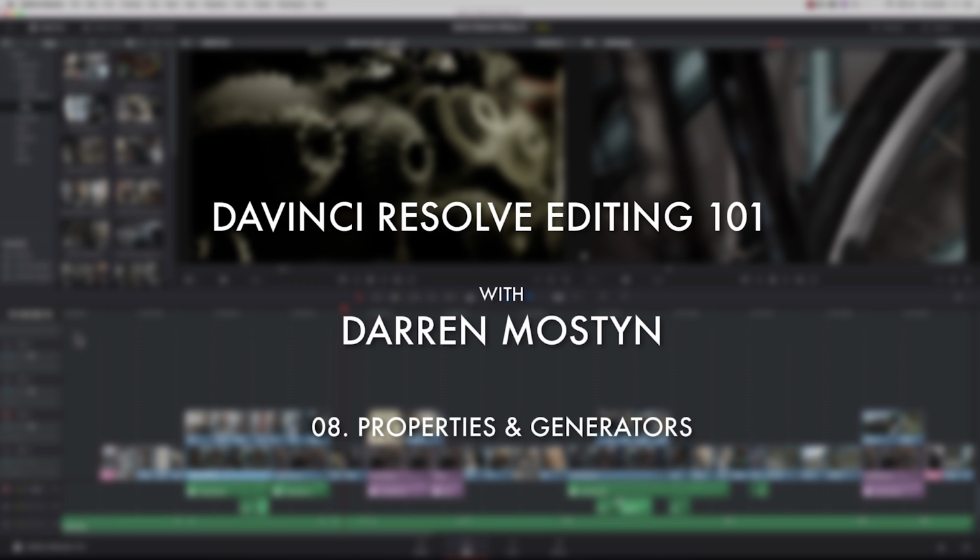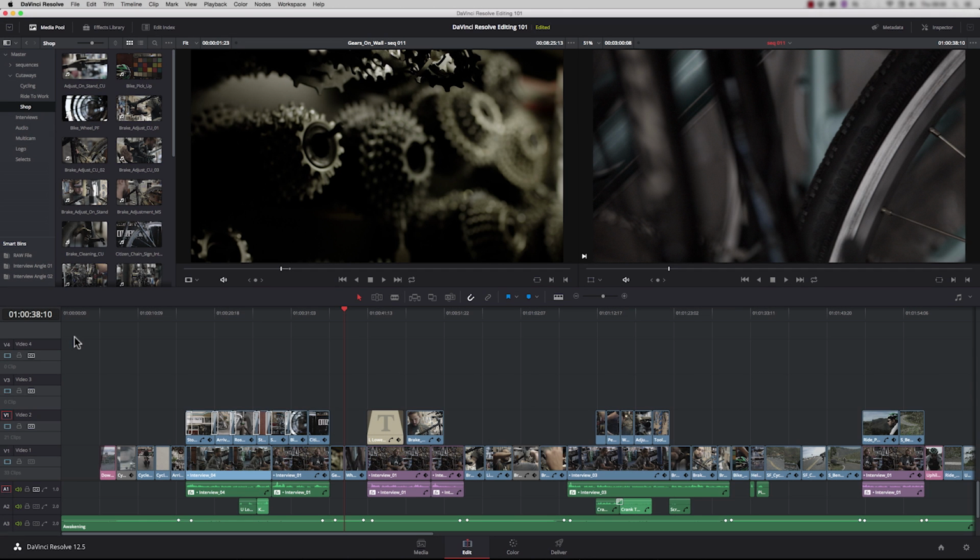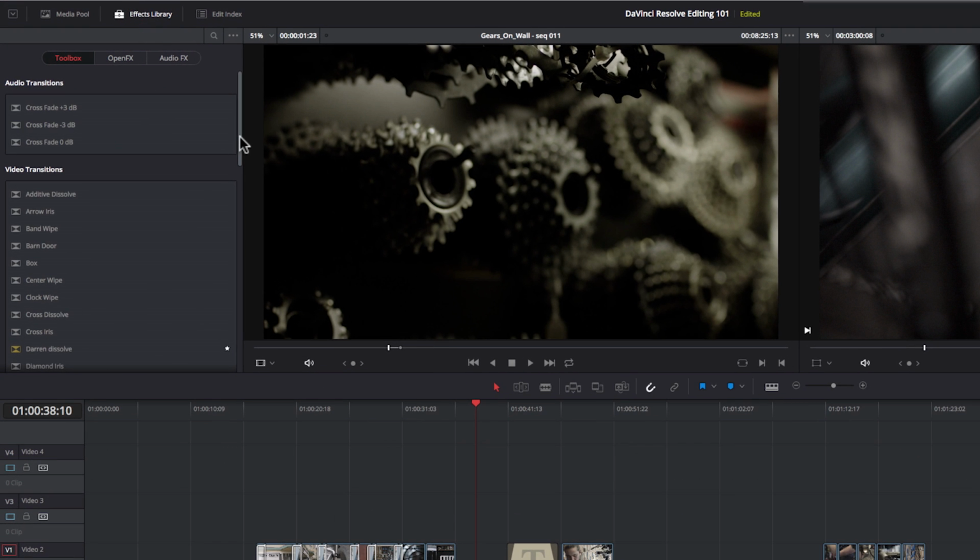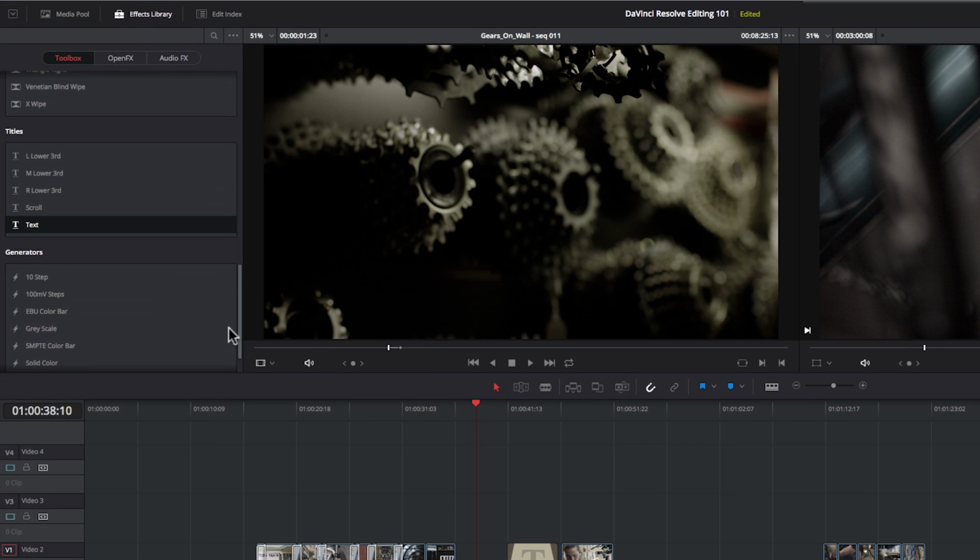So over the next few minutes you'll learn how to add graphics, use the inspector, resizing, keyframing, adjusting filters, but first of all let's have a look at text and titling. So the text generators for titling are held in the effects library. So if you just scroll down past transitions, you'll see a title section, and here there's several different ways of